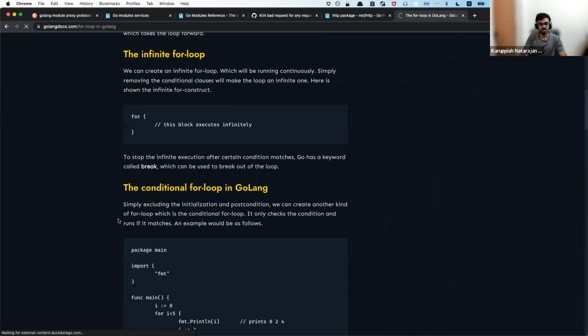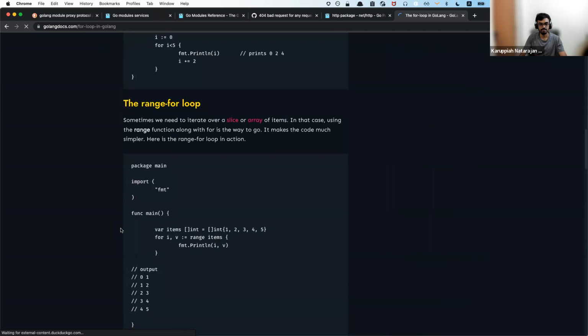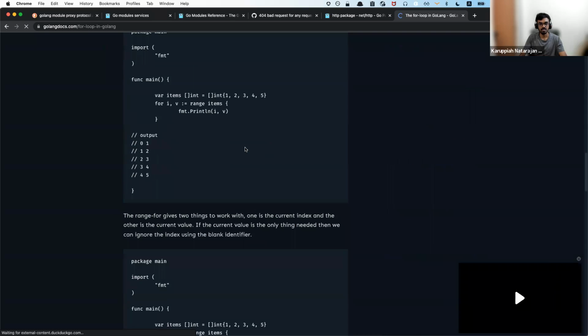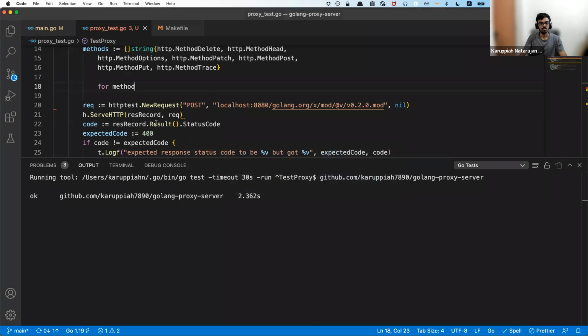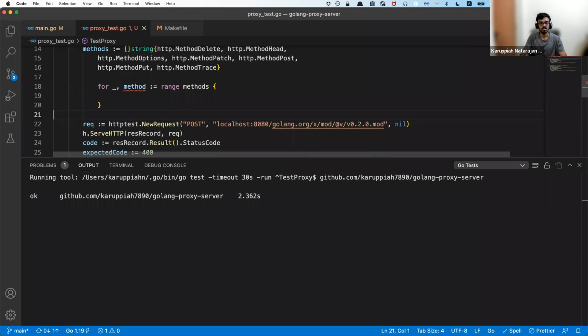I need the range thing. Oh yeah, range basically. Okay. So for _ := range methods,